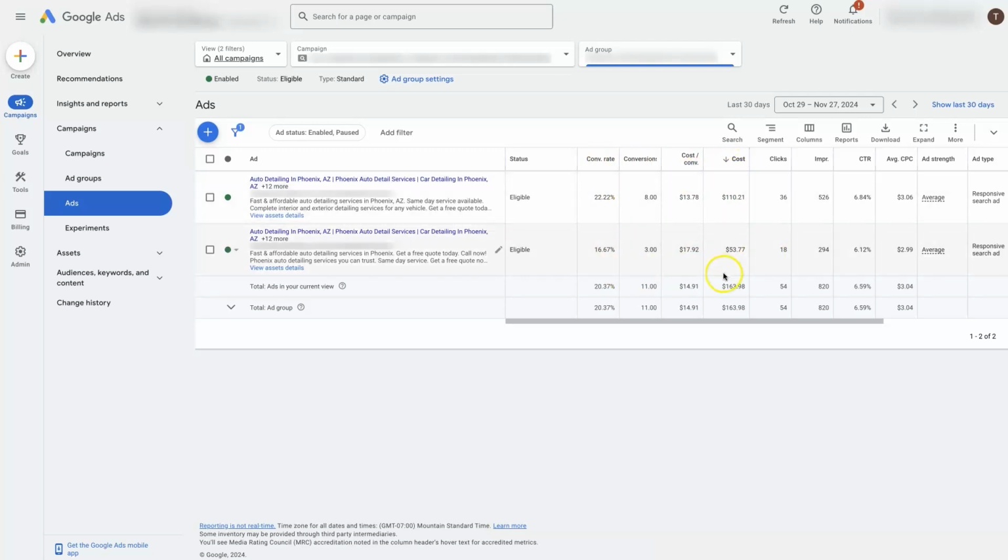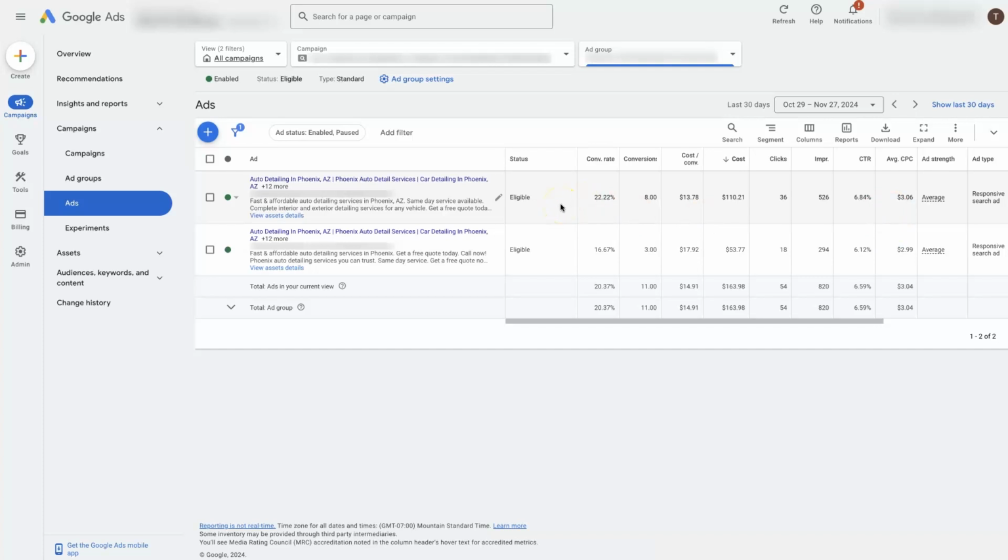how much are we spending on these? What's the cost per conversion? How many conversions are we getting? What's the conversion rate? Just from those four metrics right there, maybe even click-through rate and cost per click. Basically these ones right here are the most important in my eyes. Return on ad spend might be another big one to look at. But either way, this is going to give us a pretty good indication of what's going on, at least from